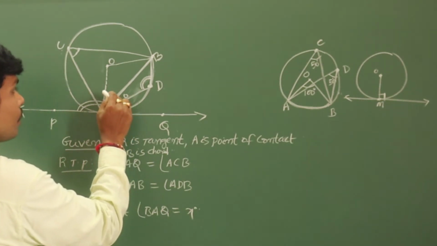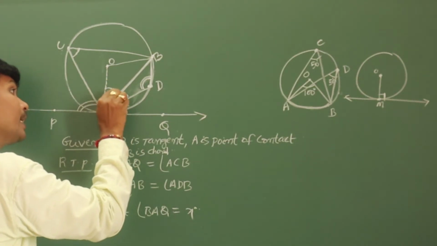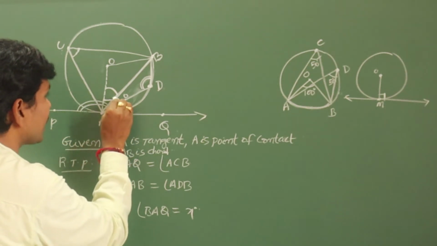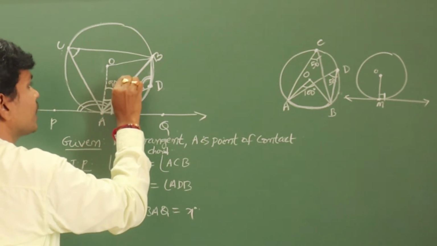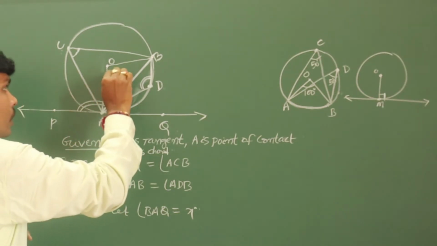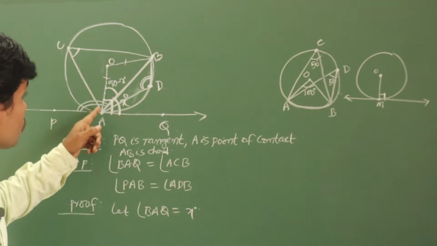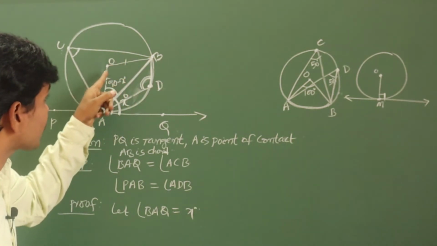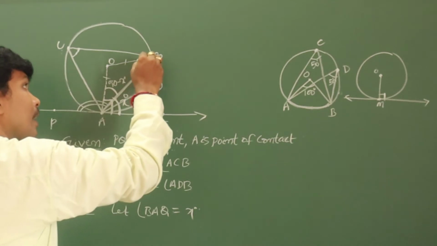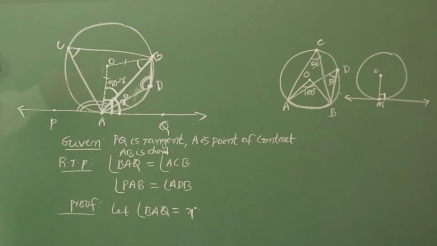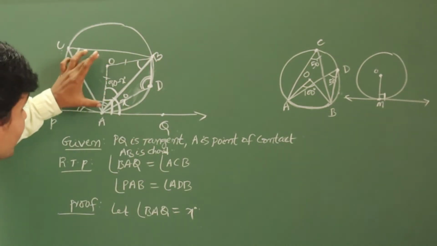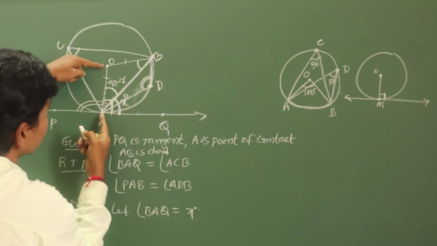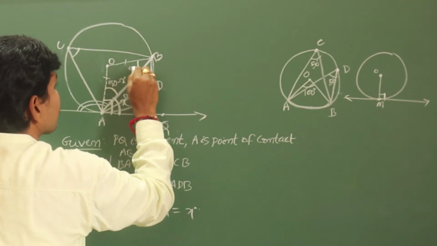See, this is X degrees now. What is the angle here? The entire angle is 90 degrees. If this is X degrees, this is definitely 90 minus X degrees. Observe, these two are radii only, no? So in a triangle, if two sides are equal, then their opposite angles are equal. So this is also 90 minus X degrees.